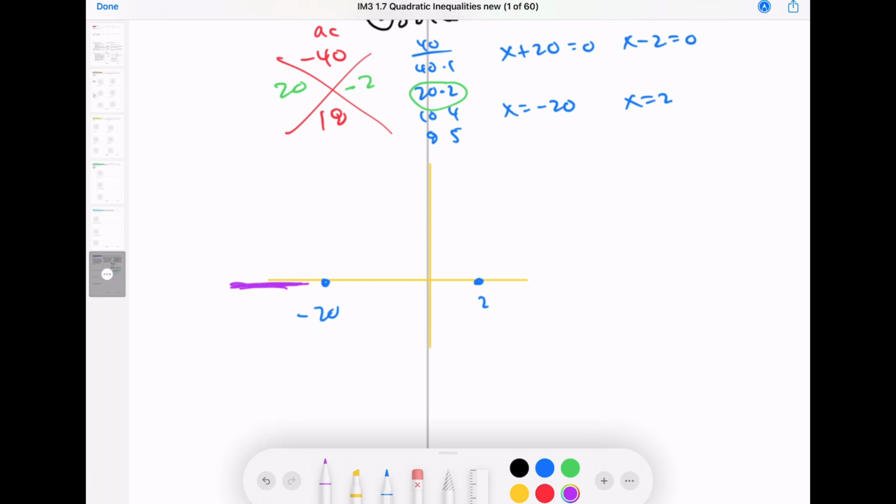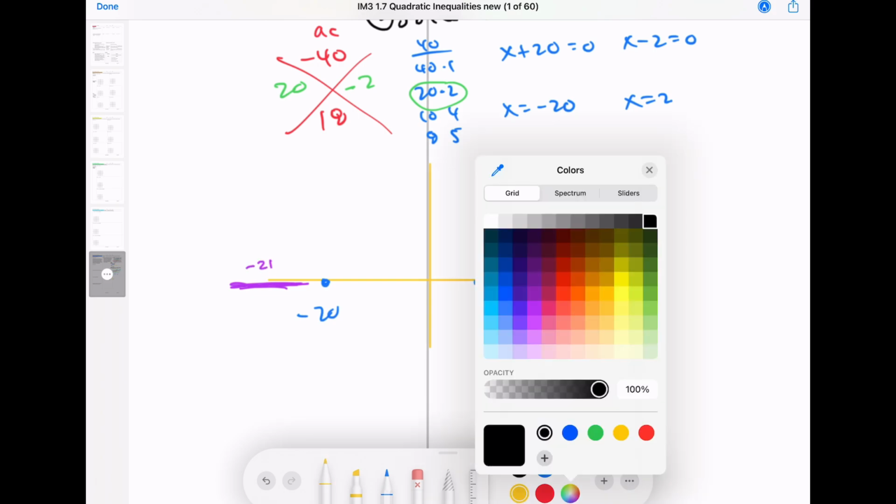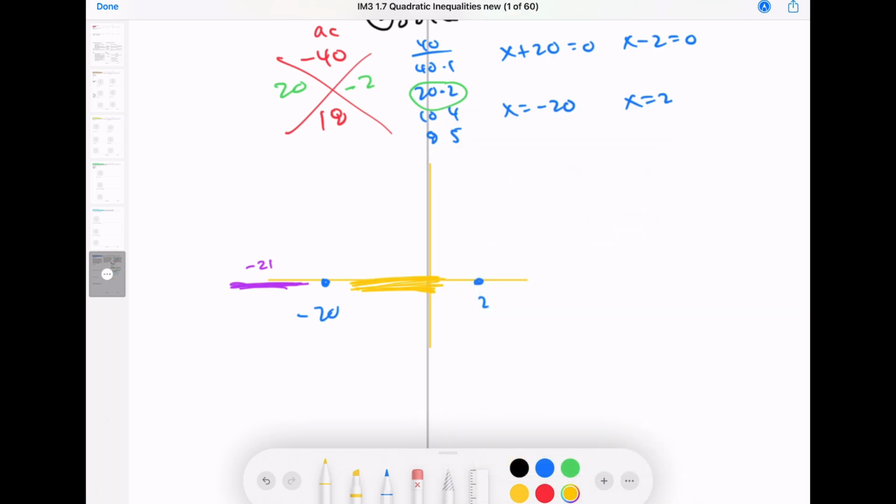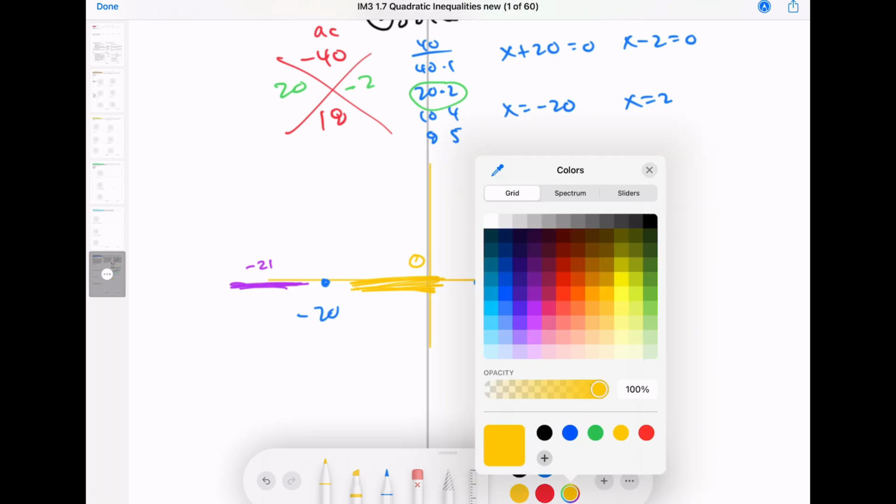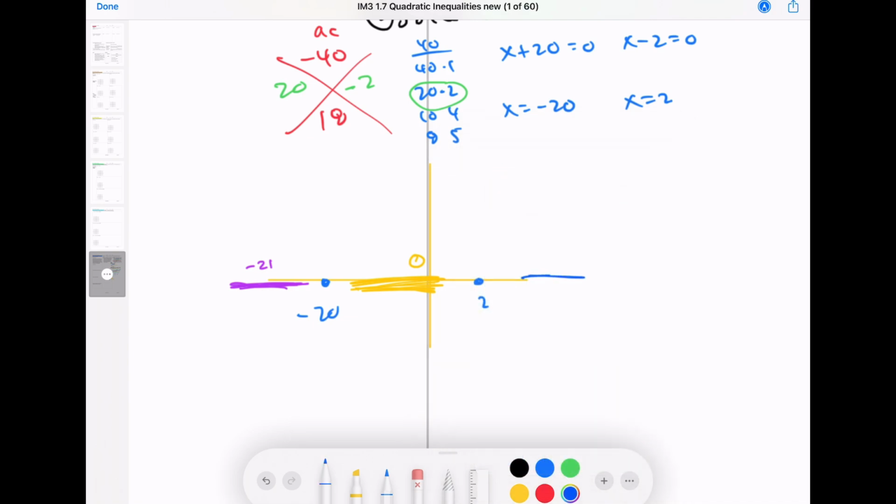So say negative 21. This region will test 0. And let's test over here. Let's test 3. So when you put in those numbers,